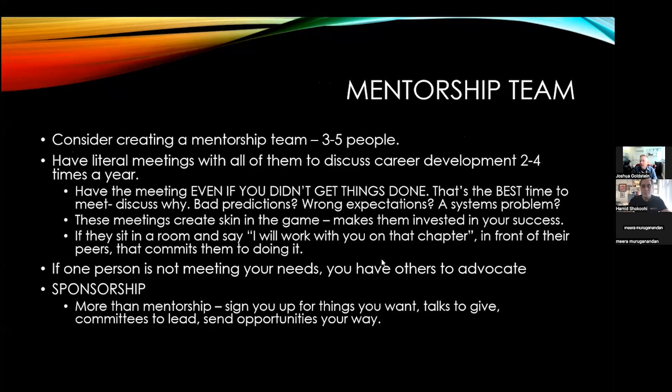I would strongly advocate that you should create a mentorship team of 3 to 5 people, and you have literal meetings with all of them to discuss career development a couple times a year, quarterly maybe, even if you're not getting things done. So I would say first, it's hard to get people in a room together. So a lot of people don't do this. They have individual meetings. The difference is if they're all in a room together